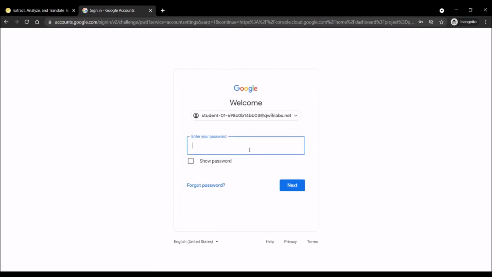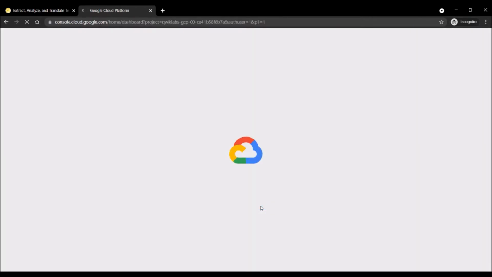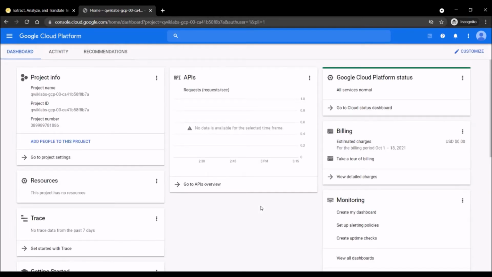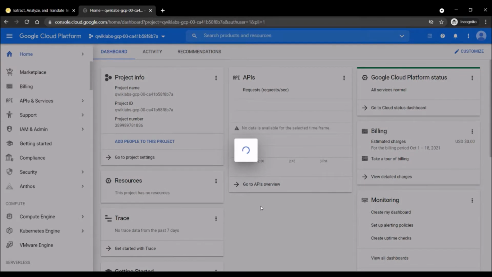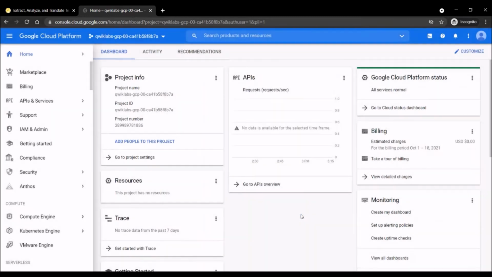Copy password. So here we are. I agree and continue.